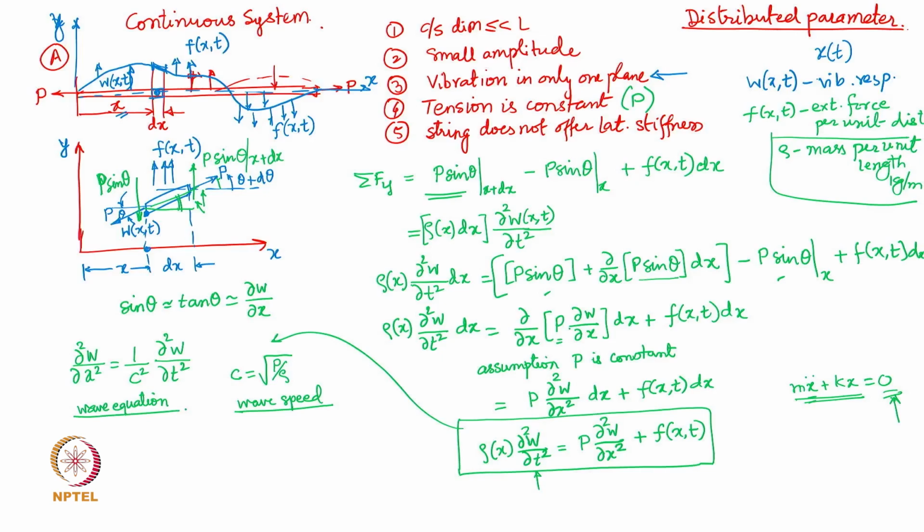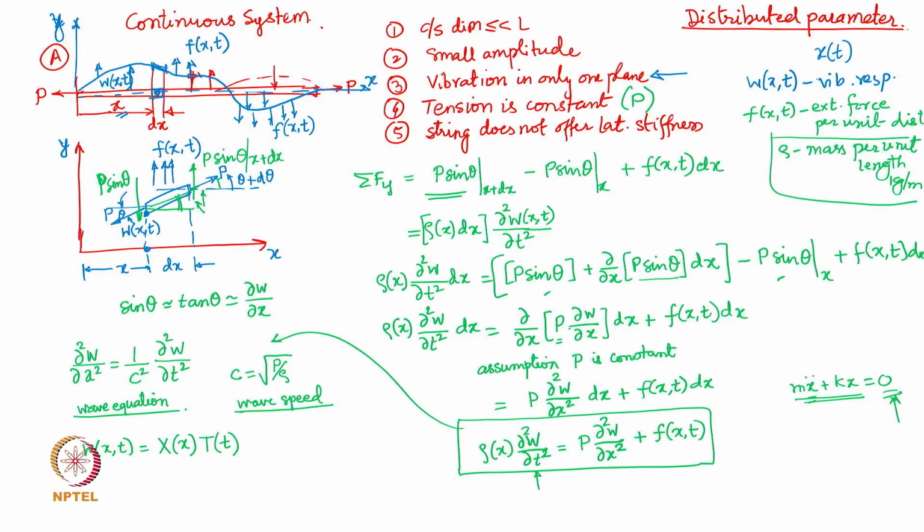Now, how do we solve this wave equation? There are methods, out of which the most common and simpler approach is to consider this w as a function of x and t, to be represented as a product of two independent quantities, each independent in a specific variable. So what I am basically going to do is write w(x,t) as a product of a function only in x and a function only in time. Okay, so this is an assumed solution for this wave equation,